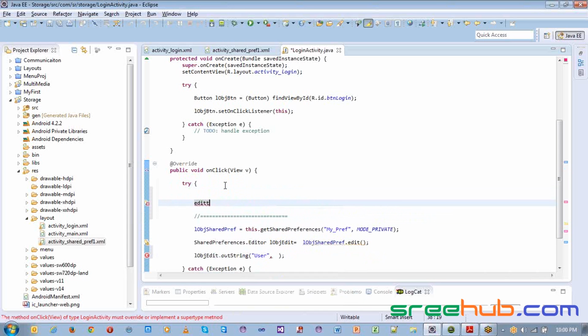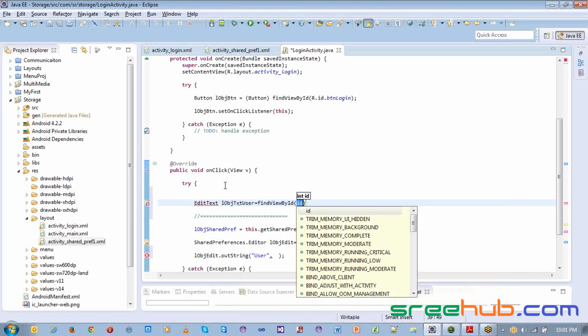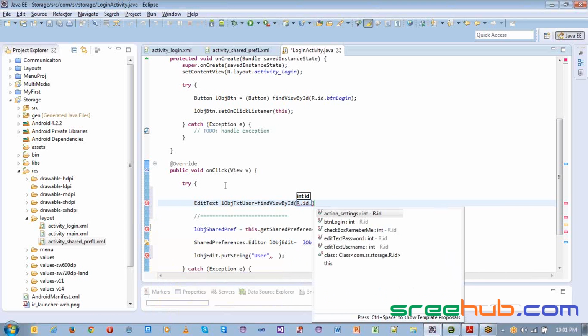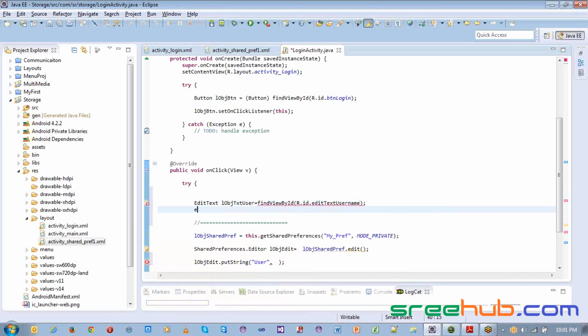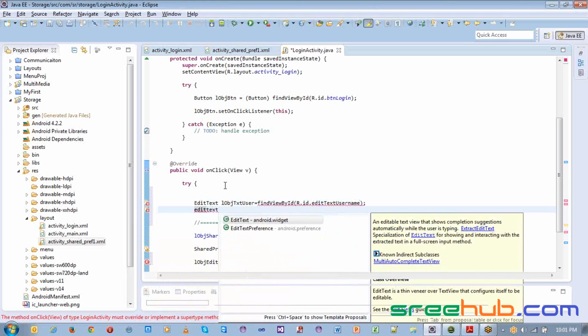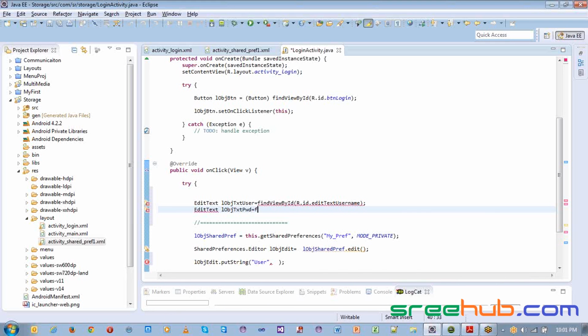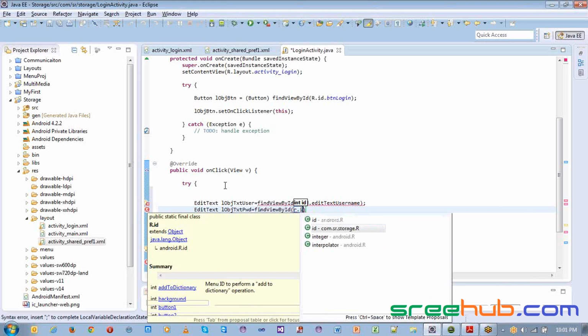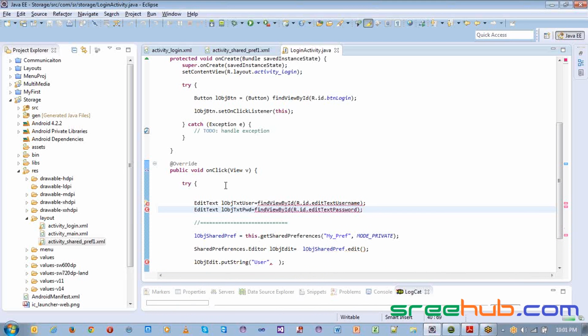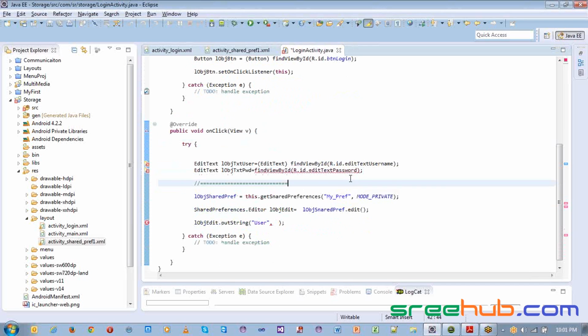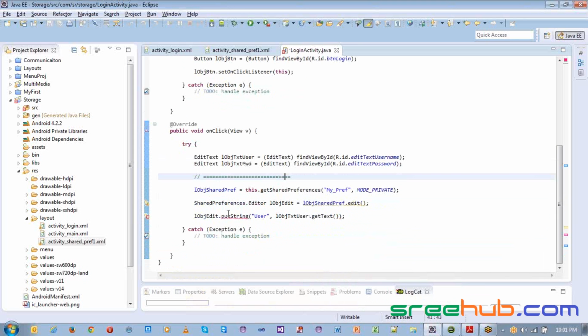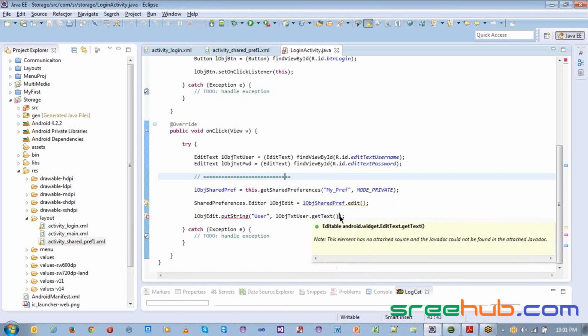Let's take EditText as text user is equal to findViewById, R.id.editTextUsername, and in the same way EditText password is equal to findViewById, R.id.editTextPassword. Now let me typecast them. Once we are done with that, we'll just say text user dot getText. So getText will get the text and save it here. This getText gives an Editable, right? Just say dot toString,